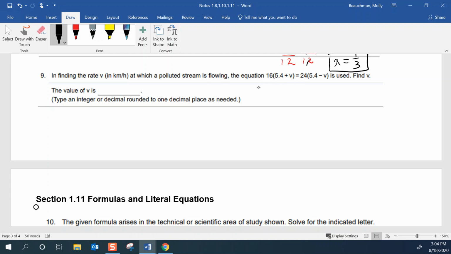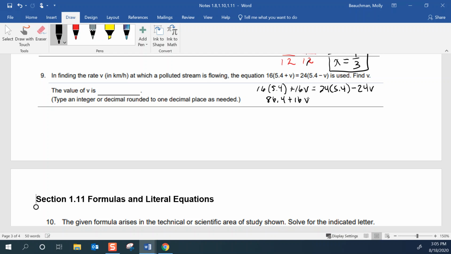So multiply using distributive property: 16 times 5.4 plus 16 times v equals 24 times 5.4 minus 24 times v. Now we need to do a little bit of arithmetic. Let me on the calculator, take 16 times 5.4. We get 86.4